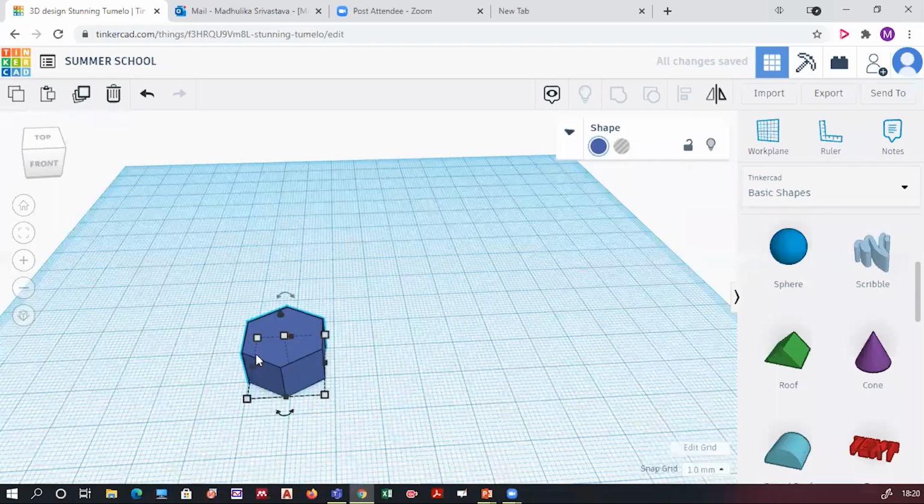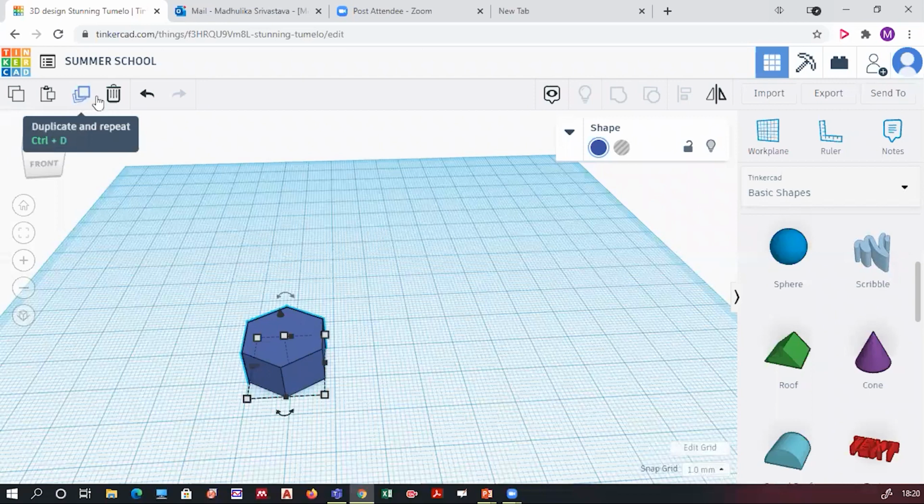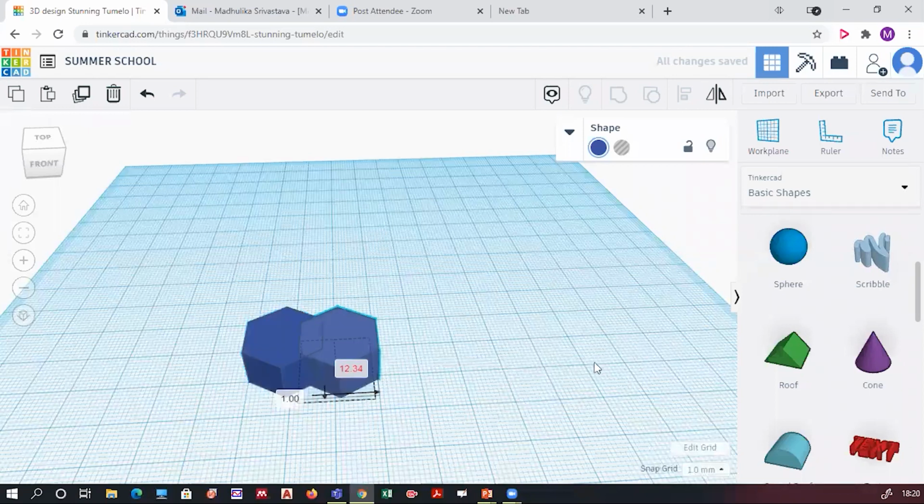Suppose I want to duplicate this polygon. What I will do, I will select this object and go just on the left hand side of the delete option. You will see the multiple pages option, right? That is the duplicate option. Just click on this duplicate once. Okay. Now go to the object and just drag it.